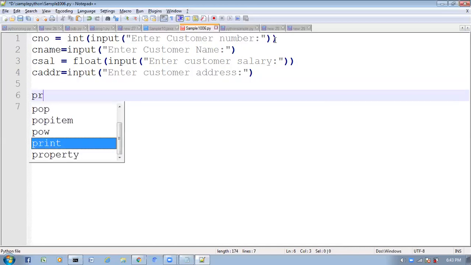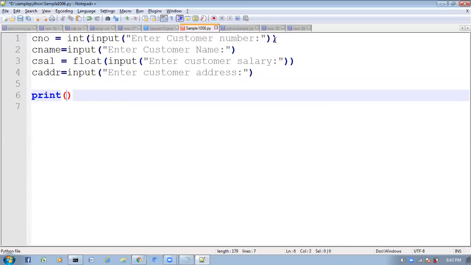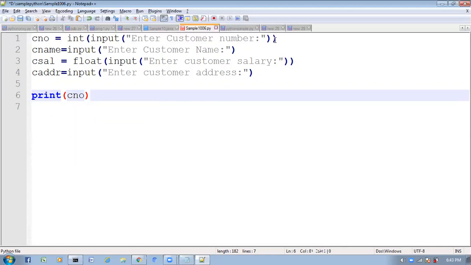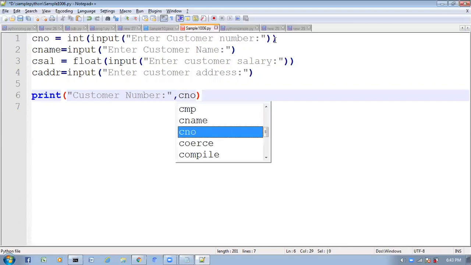How to print? Print C number, customer number. Here what we have to take? Customer number. Here C number I want to print.